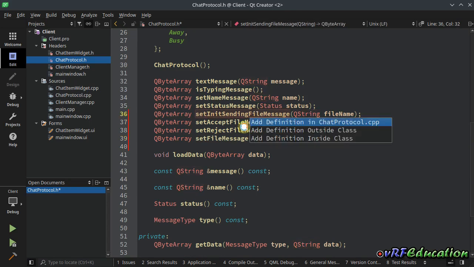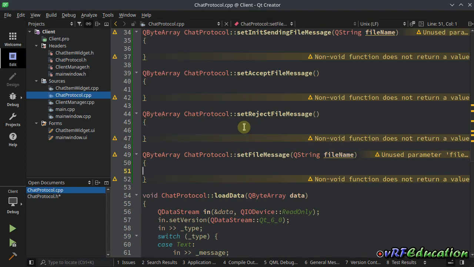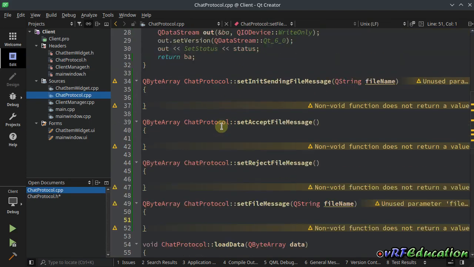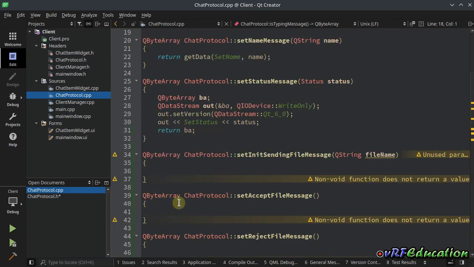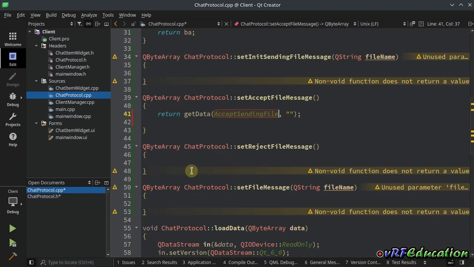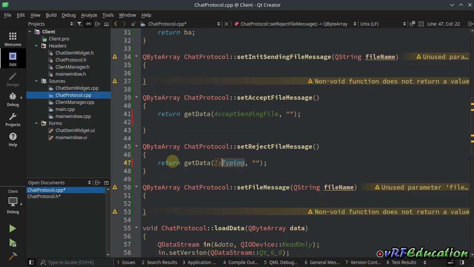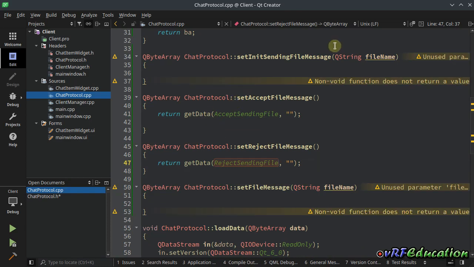Let's create definition for these 4 messages here. For accept and reject, we just need to do the same thing as we did for is typing message, and we just need to change the message type to accept sending file, and for this one to reject sending file. So for init sending file, we should do a couple of more steps, and we can't use that